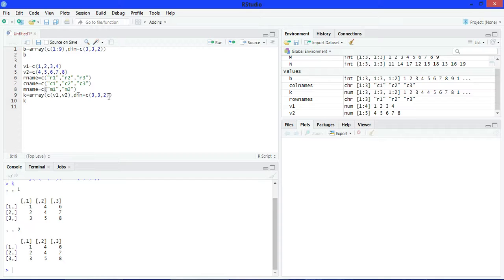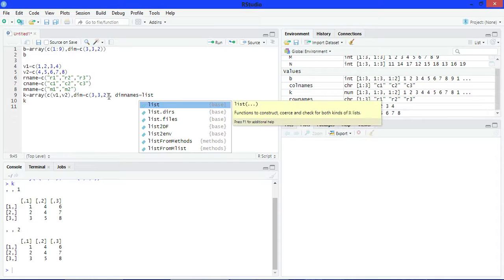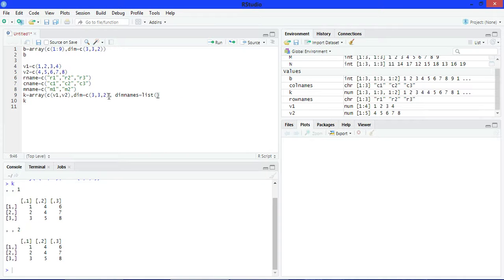Now write here dimnames is equal to, make a list and write here R name, comma C name and M name.